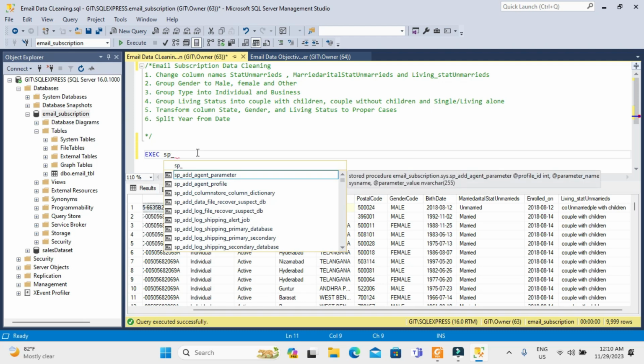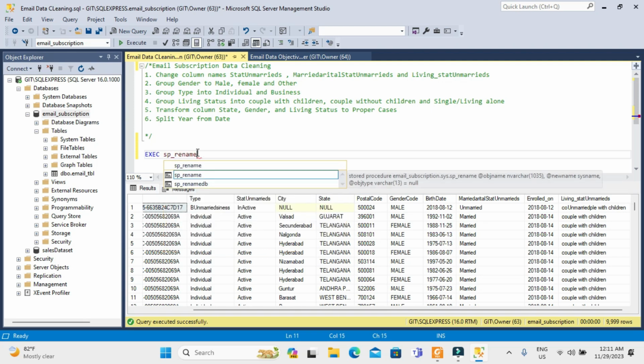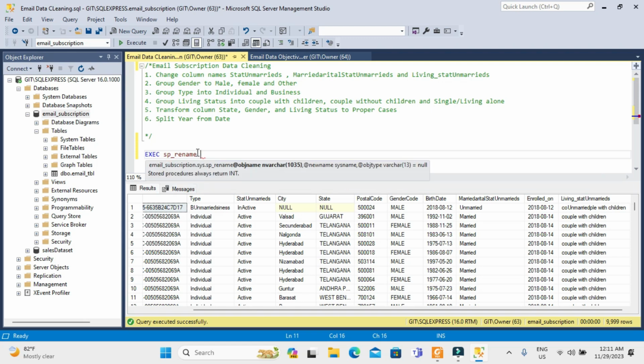This is a function that we can use to rename columns. So I'll use the exec rename function. Then we will call the table, email underscore TBL, then dot the column that we want to change. So the first column that we want to change is